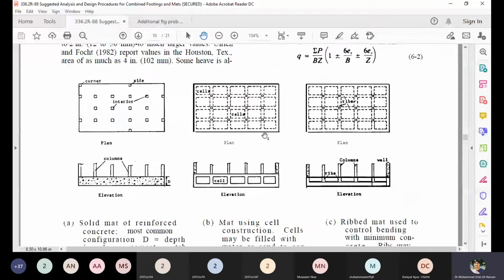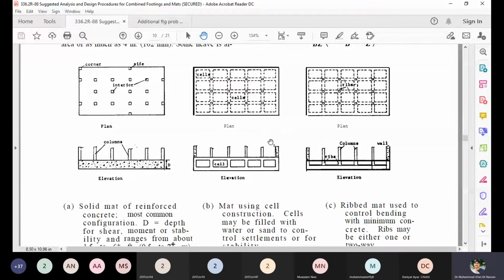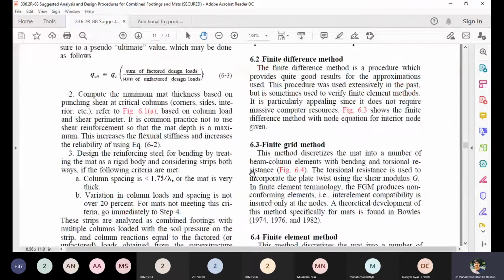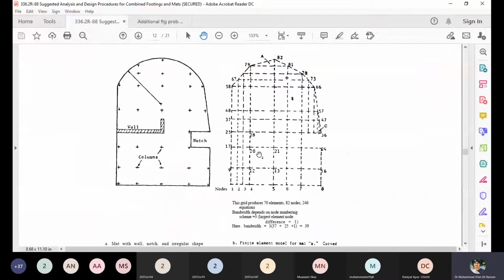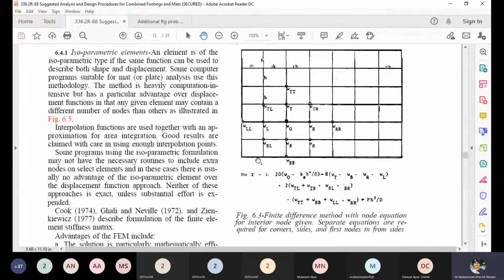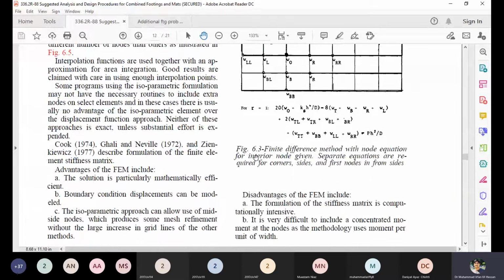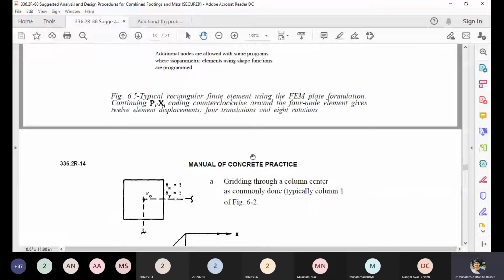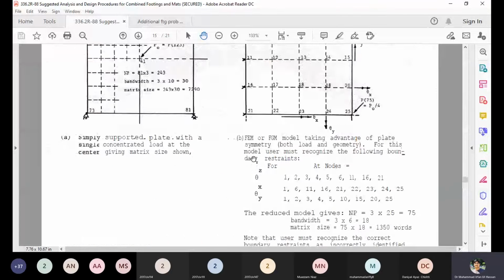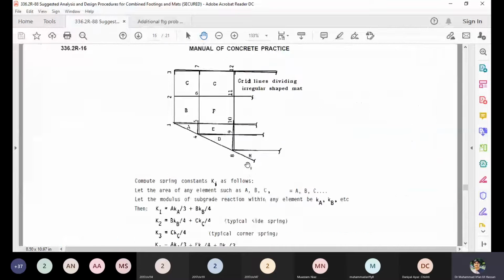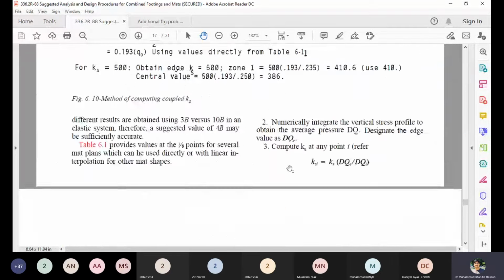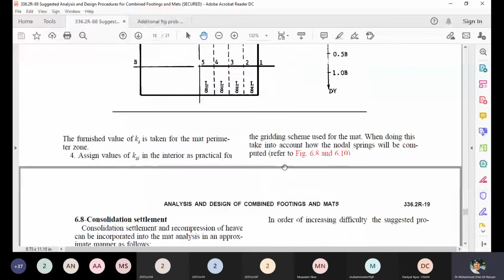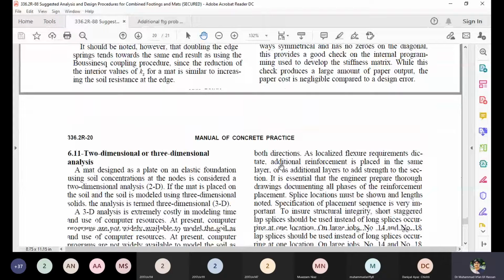And some things which are additional to the simple discussions are the mat footing and other types of mat footing, like the hollow mat footing. The concepts of those are discussed, although this mat is not part of our course in this semester, but they are explaining the computer aided requirements and FEM requirements for all these footings. When you have to go for the advanced analysis, when 3D effects are needed, and you consider the mat as a spring footing. So these handouts are generally helpful to you for watching the different parameters and understanding these footings.